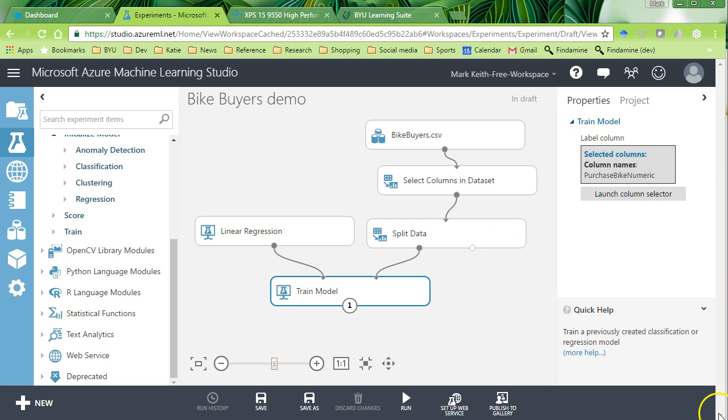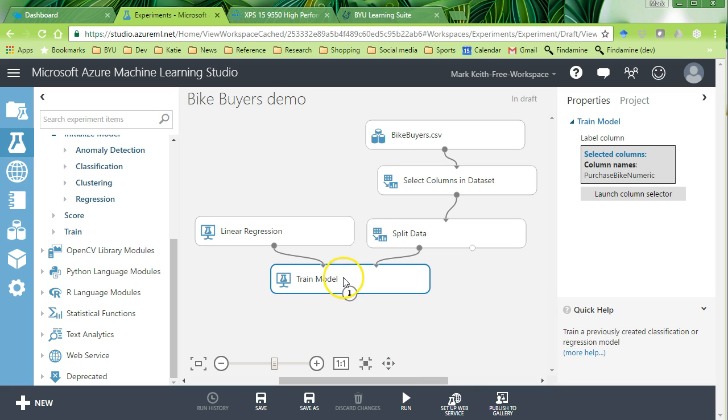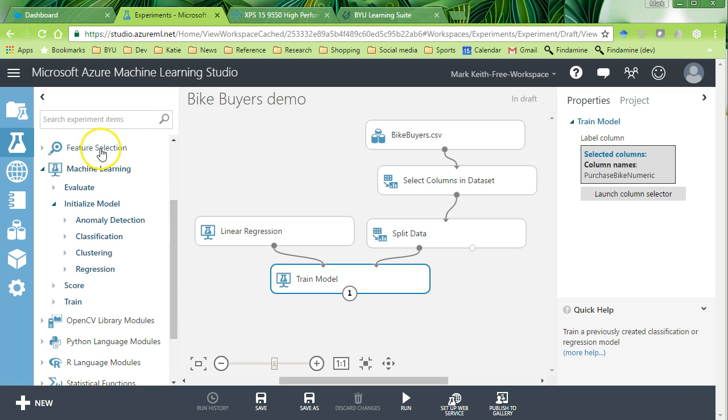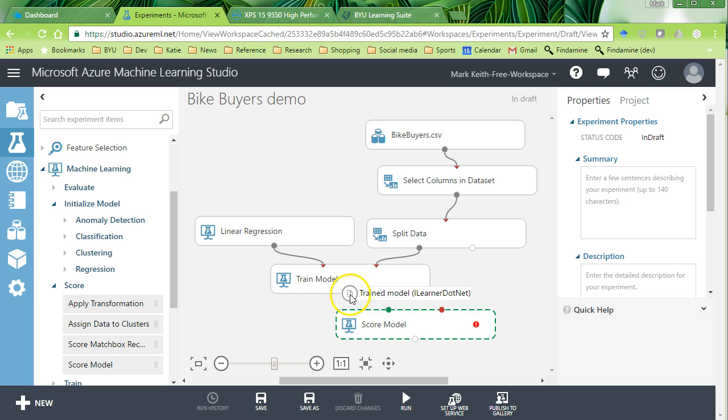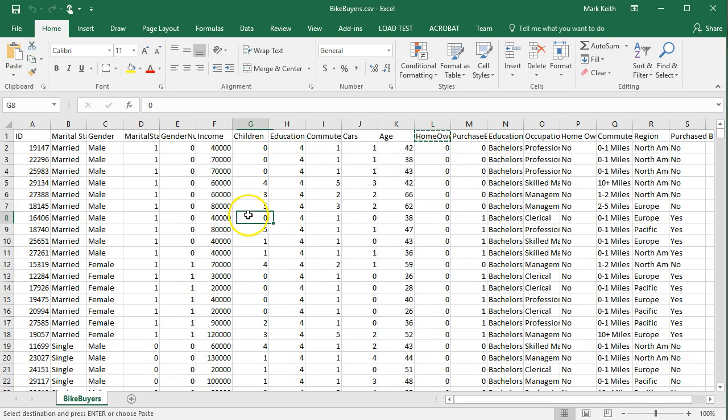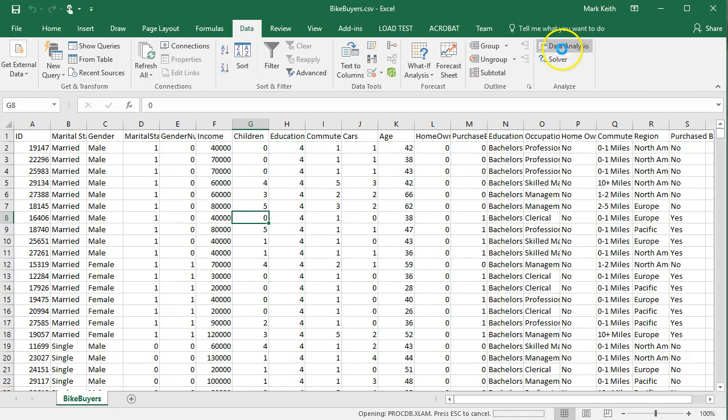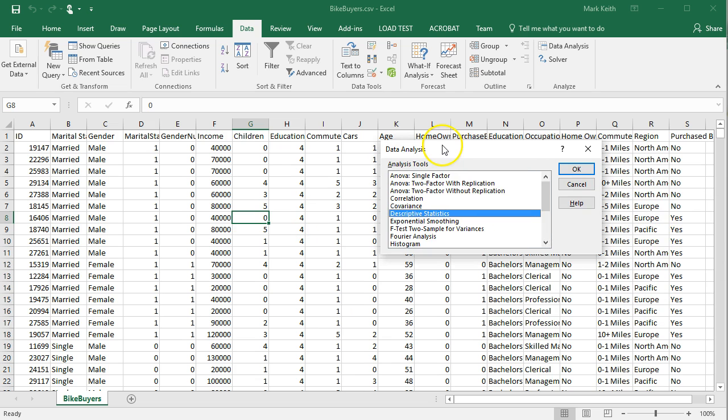Okay, what comes next? If you remember from the tutorial, then you'll know the next one is to score the model. So this is also here under machine learning. You could search for it if you want to, but we'll click and drag. Score model needs two inputs. So one of them is going to come from train model. Now let's liken this to what we did in Excel previously. Train model is the equivalent of us calculating the coefficients in Excel. So for example, when we did this before, train the model is equivalent of going to data analysis, and then picking regression,